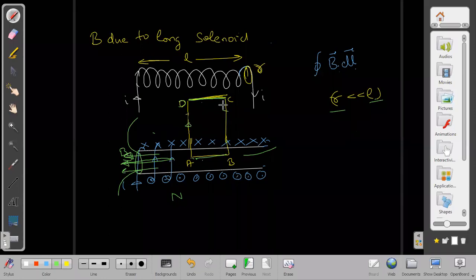Along AD and BC, I can also take the field to be nearly at 90 degrees. Why? You know that this is a ring and the field lines come from here and then turn in this way. If I take the equatorial plane, the field line will always be opposite to the magnetic moment. The magnetic moment is this side, and the field lines will be just 180 degrees opposite to that. So the field becomes perpendicular to this line. That way also I can say it is negligible from A to D and from B to C. Is it right or not? Yes, sir. You can say it is exactly 0, but I am taking care of that thing also.